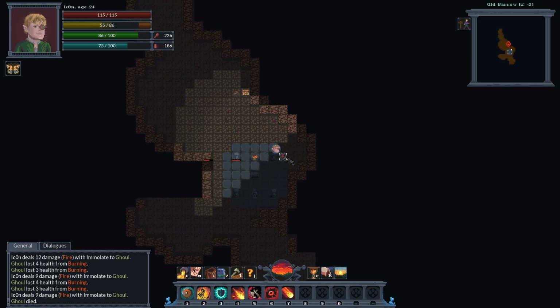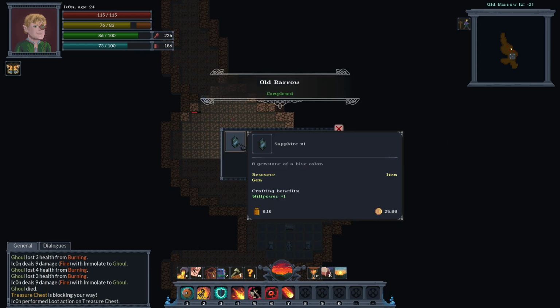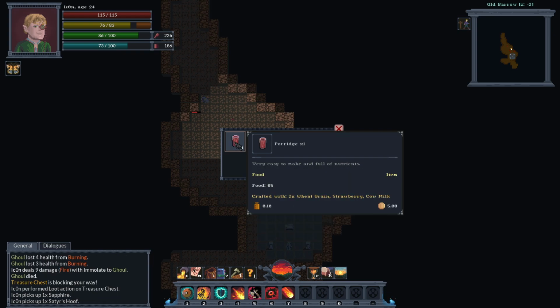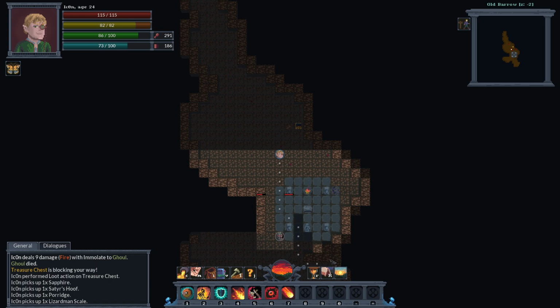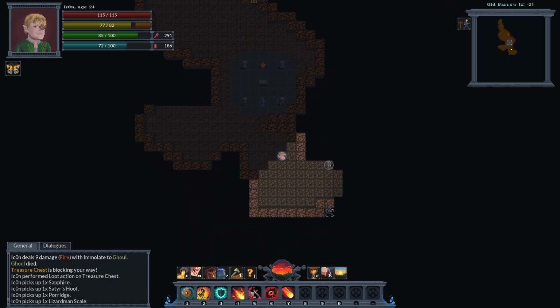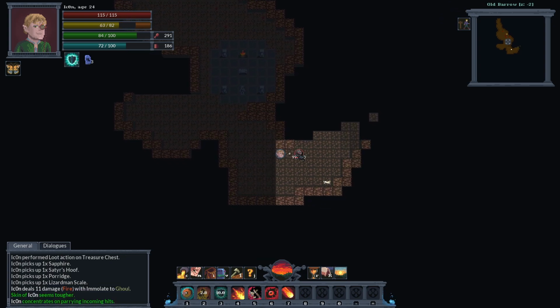Even though I don't learn anything out of that anymore, there's another one. So, completion. We found a sapphire, a satyr's hoof, porridge, and a lizard man scale. Okay, but I still want to know what's back there in the corner, if there is anything in the corner. So...